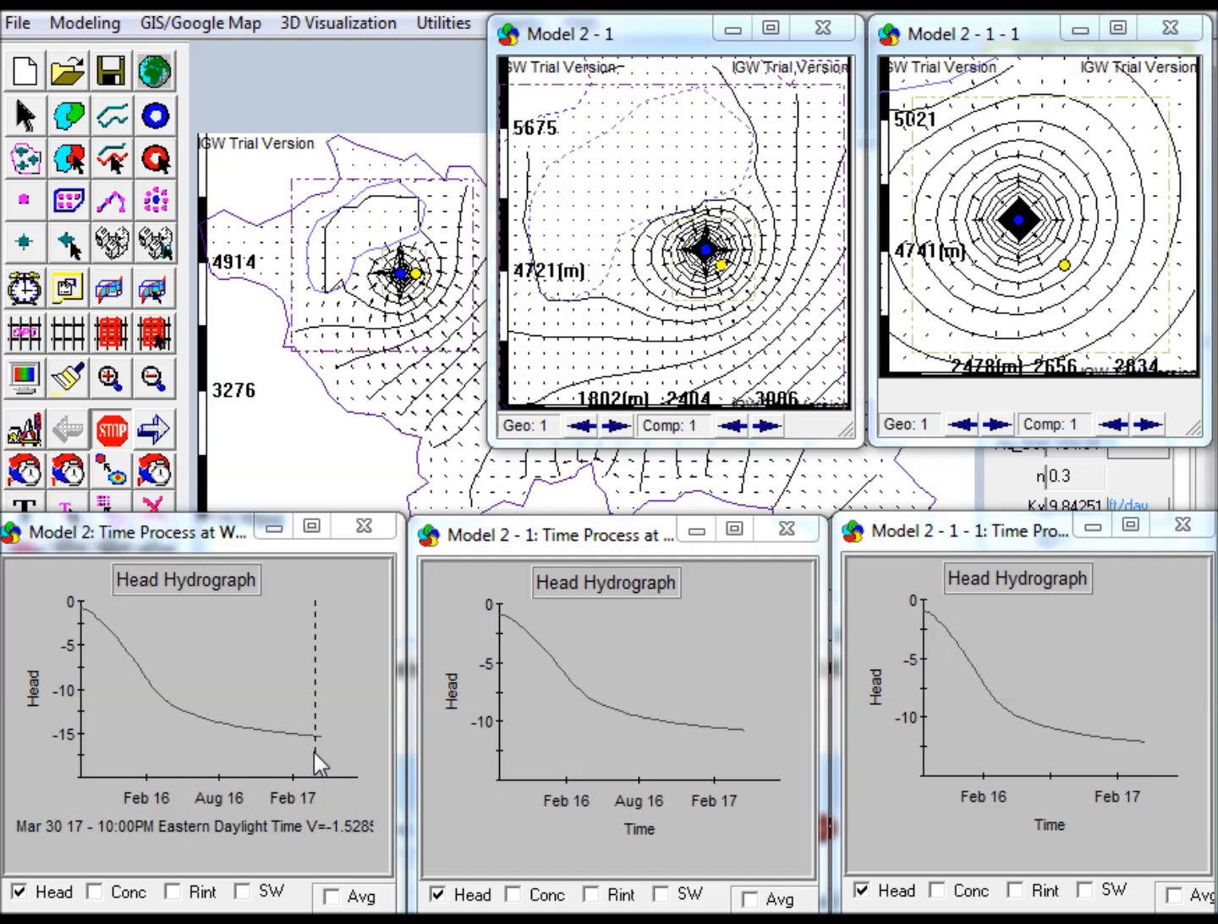The monitoring well shows significant drawdown due to pumping. However, the distance between the pumping well and the monitoring well is smaller than the grid resolution of the regional model. To better resolve the dynamics near the well, a patch or child model is interactively added in the area